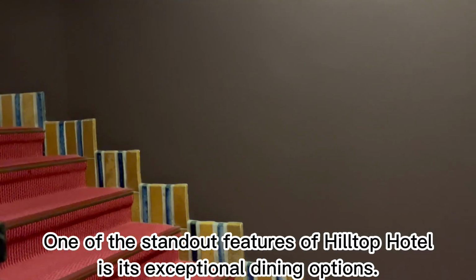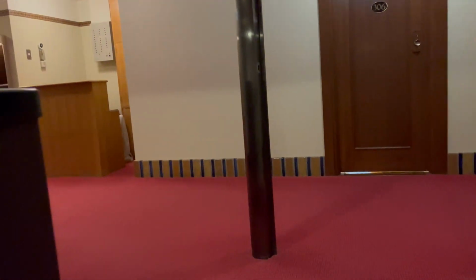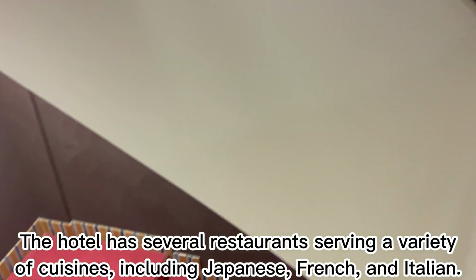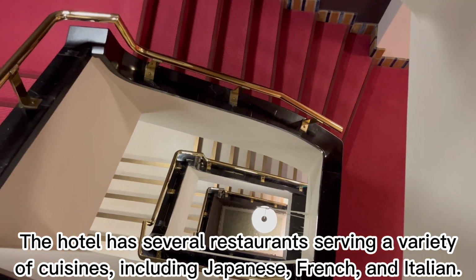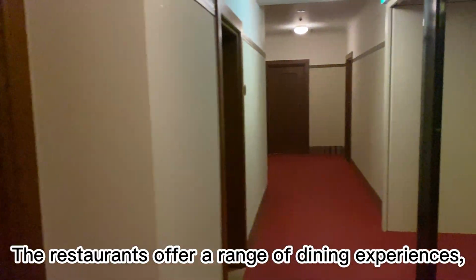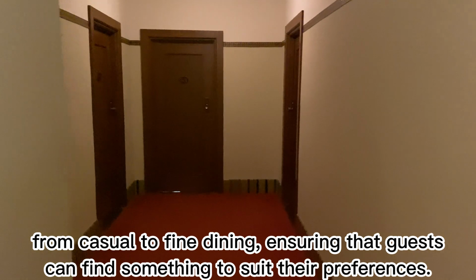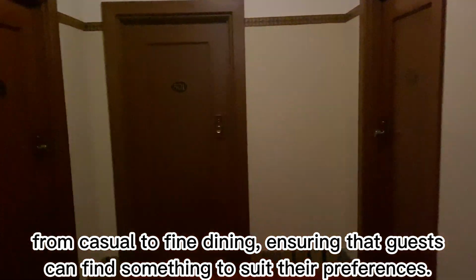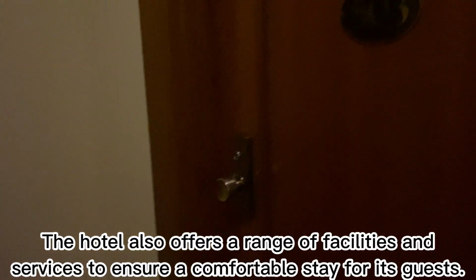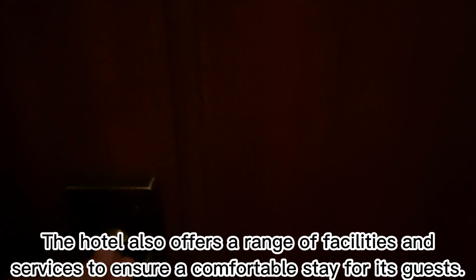One of the standout features of Hilltop Hotel is its exceptional dining options. The hotel has several restaurants serving a variety of cuisines, including Japanese, French, and Italian. The restaurants offer a range of dining experiences, from casual to fine dining, ensuring that guests can find something to suit their preferences. The hotel also offers a range of facilities and services to ensure a comfortable stay for its